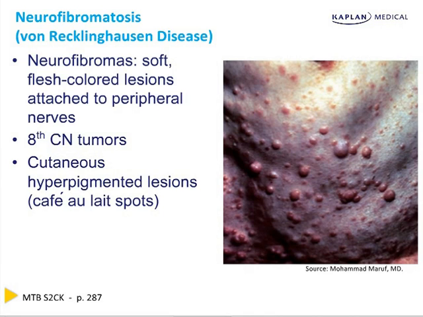You also get café au lait spots, which are strange hyperpigmented lesions, and meningiomas and gliomas. And by definition, a meningioma is benign. They're all benign. They don't convert into skin malignancy. They don't convert into a glioblastoma. You live your whole life with these lesions, but they don't kill you.